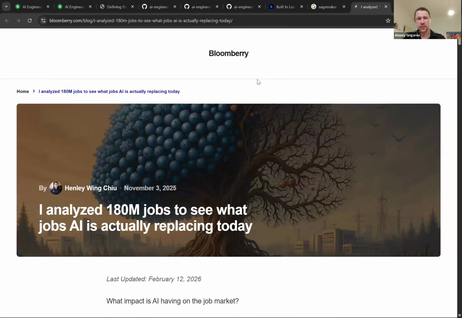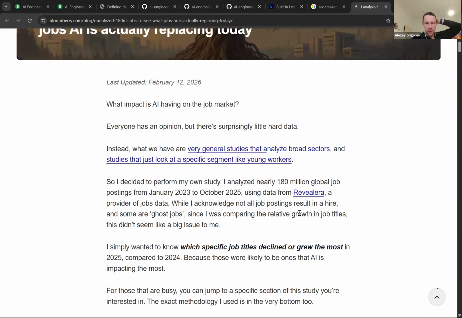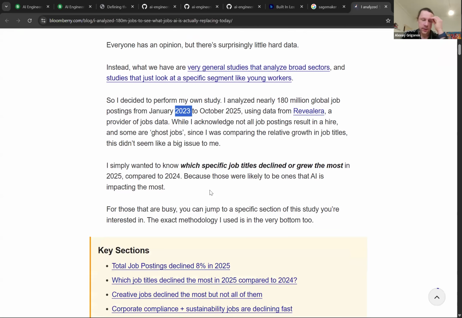Somebody did something similar to me, but on a larger scale. They took a lot of jobs, 180 million to be more precise, across many years. And what they wanted to see is how 2025 compares to 2024, because the hypothesis here is that AI is taking our jobs, right?